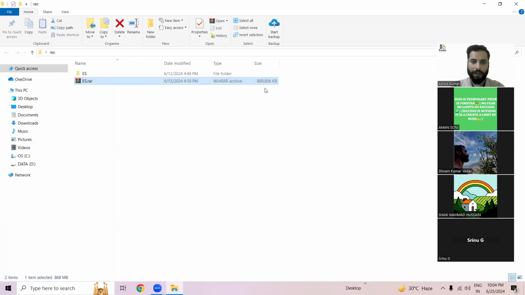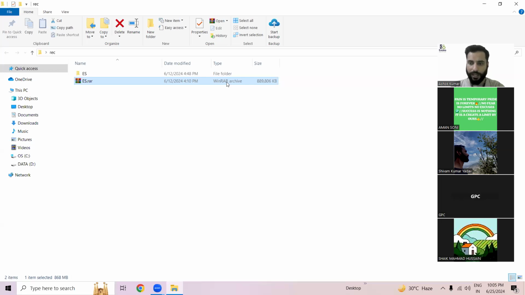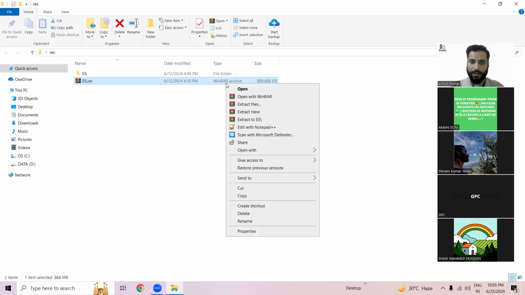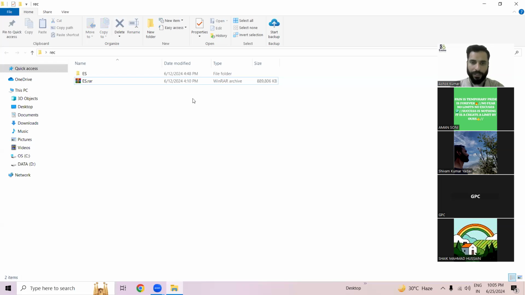After this, now you have to extract this package. To extract this package, you can use WinRAR software, okay? Otherwise, if you have Windows 11, the bundle extraction is already there, so you do not need to install any other third-party software. You can simply double click on that file to view what we actually have in that folder. In my case, I am using WinRAR. So I just right clicked on this and I have an option, extract to ES. ES means embedded systems here. And once you click this, after the completion of extraction of all the files, it will create a folder in